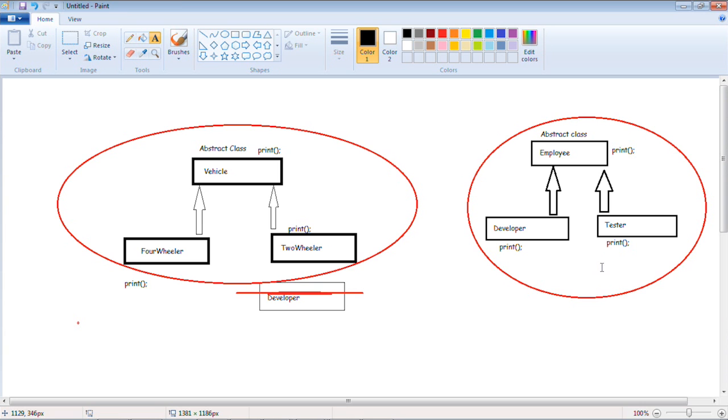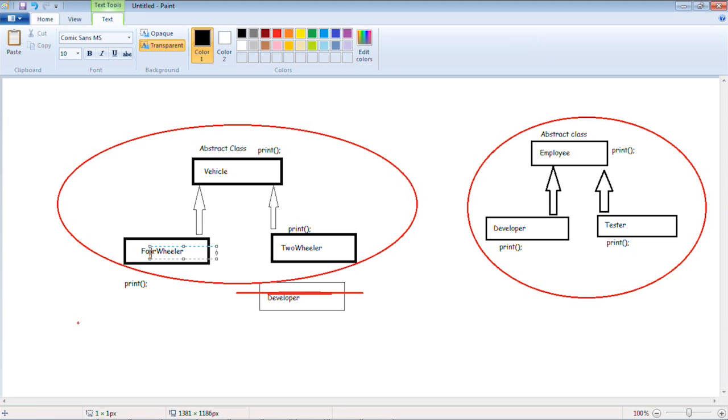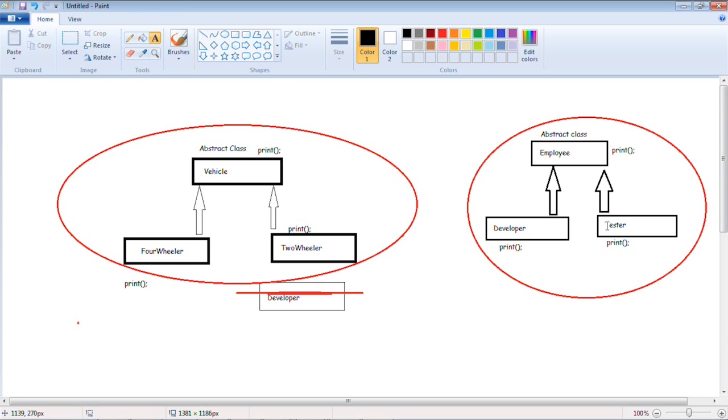Okay. If you observe here, even if there are two different families, two different hierarchies, we have something common in these two. That is, the print method is used in four-wheeler, in two-wheeler, in developer, and in the tester class as well. So even if they are two different families, we have something common in them, right? In that scenario, I cannot create a new class above this. Getting it? So to combine two different families, to combine two different hierarchies, I will go for interfaces, and this is what we call